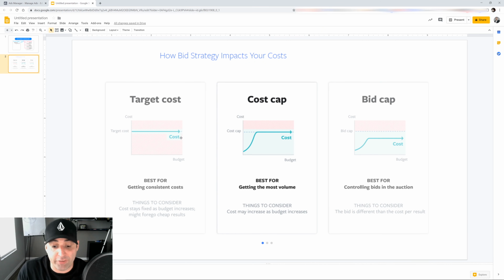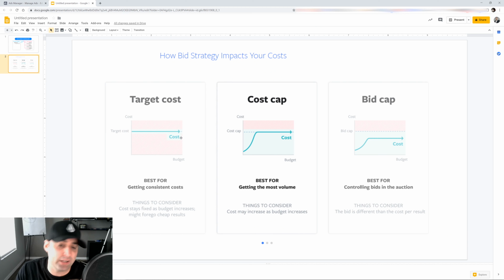But if there's a conversion for $17.99 or $22.01, Facebook is not going to enter into that auction, because it's only going to play with that 10%. It's not going to go up and down more than that. It's just that 10% room that it's going to play with, which gives you a little bit more flexibility. You're telling them, hey, I'm willing to spend just a little bit more or a little bit less in order to get that sale. So it's more